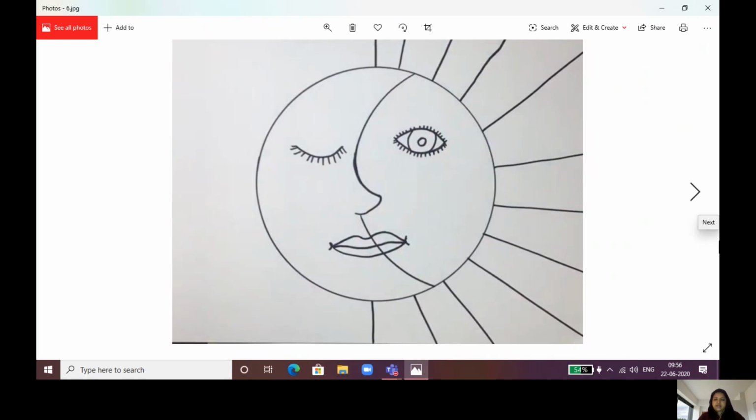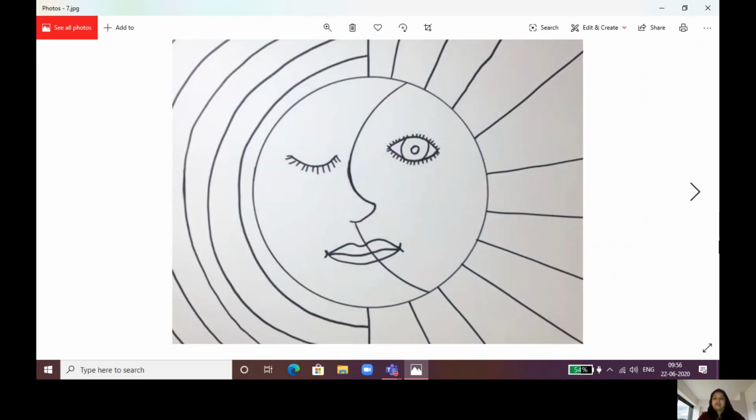Yeah, so till here we are done with our sun part, the right hand side part. You all know that the sun has rays, so we made rays like this. But the moon doesn't have any rays or any type of waves around him.